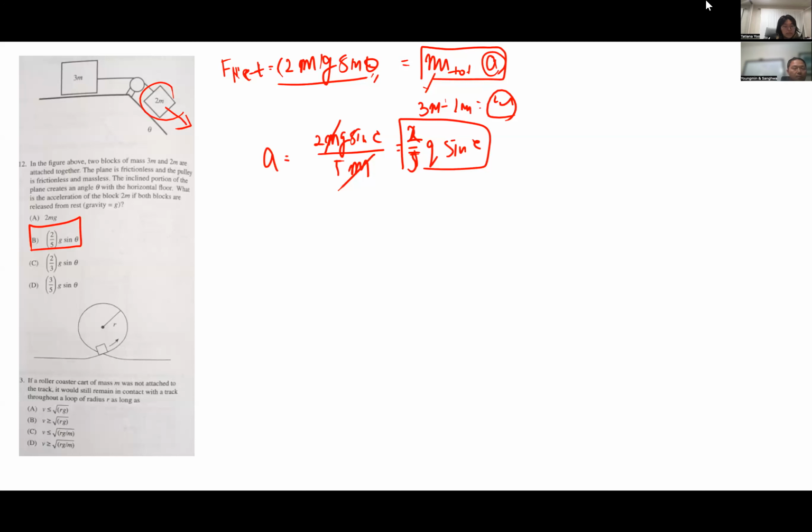I got B. B, okay. So when this roller coaster cart reaches the top of this loop, if the gravitational force is greater than the centrifugal force, then this cart will just drop down, right? So the condition for the cart to stay in the loop is that the centrifugal force must be larger than